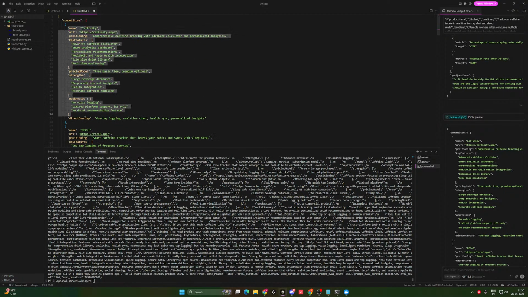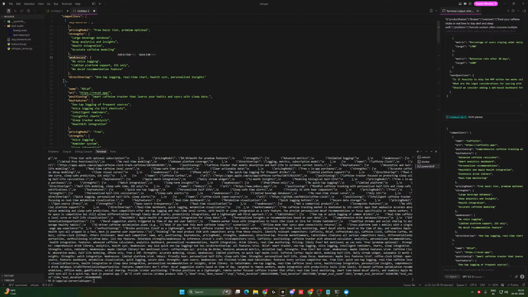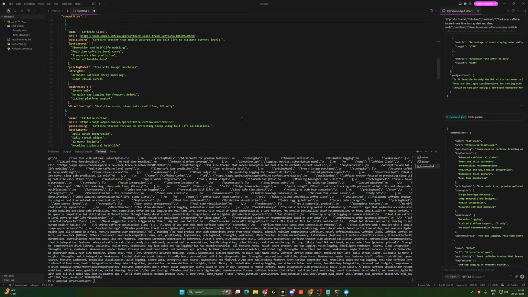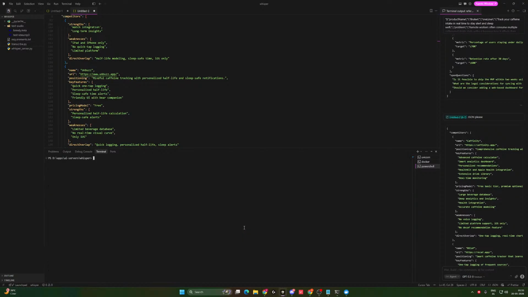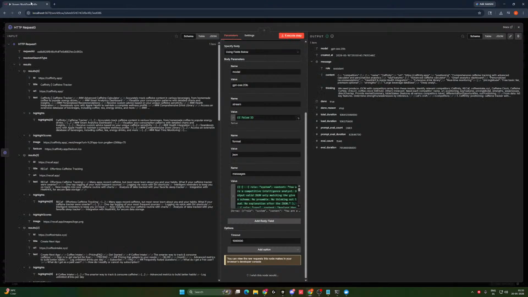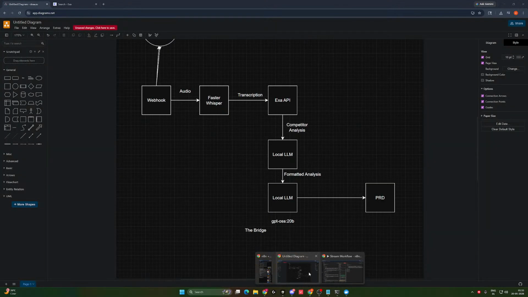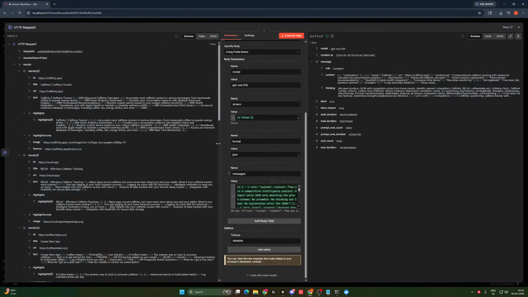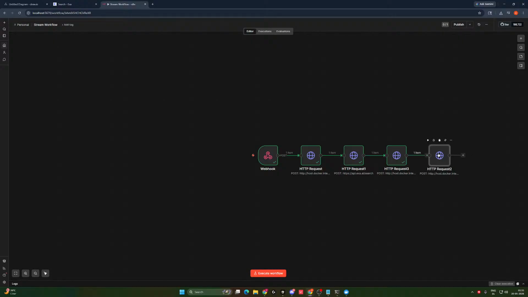Competitors. We have this whole thing named Affinity, key features that it has, strengths and weaknesses it has, what's overlapping with us. Nice. This is actually good analysis. We would be needing it. What we need next is to add it to mainstream workflow. Let's just connect it to this.